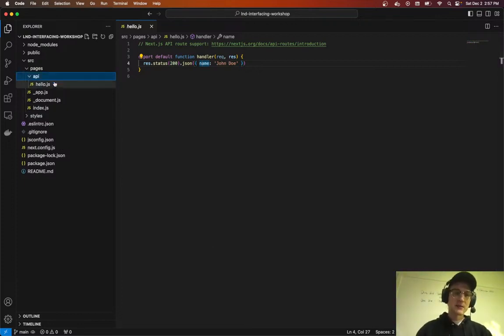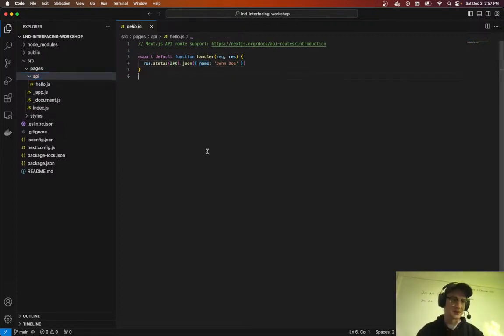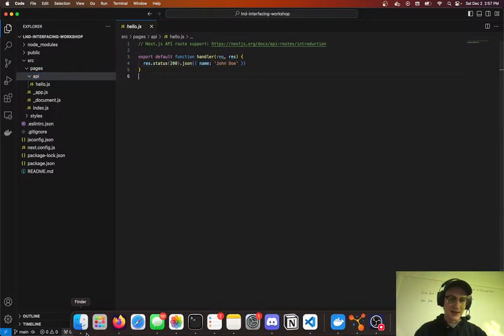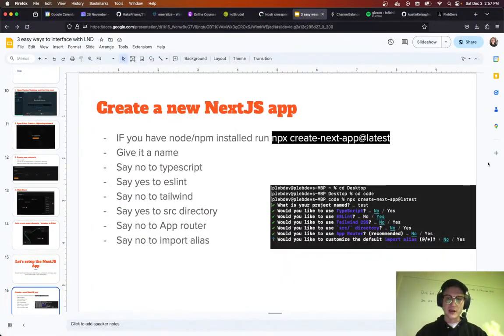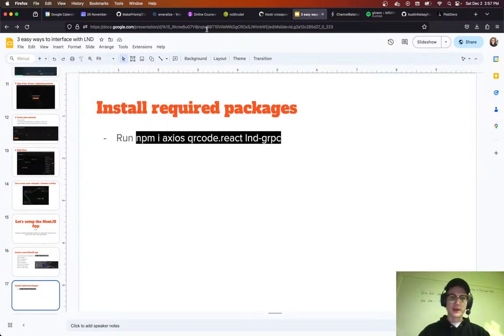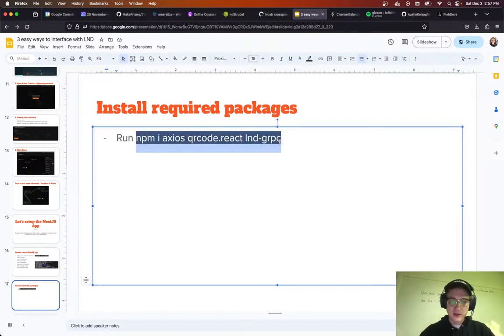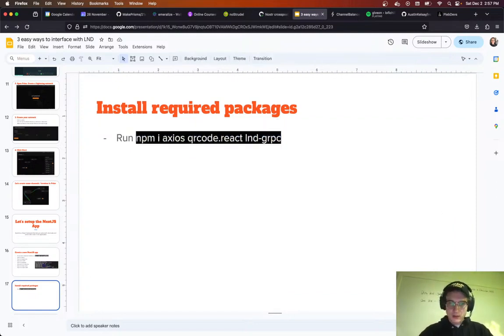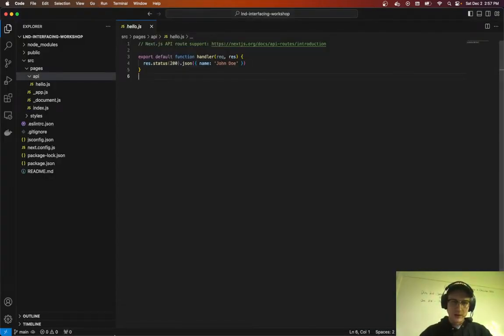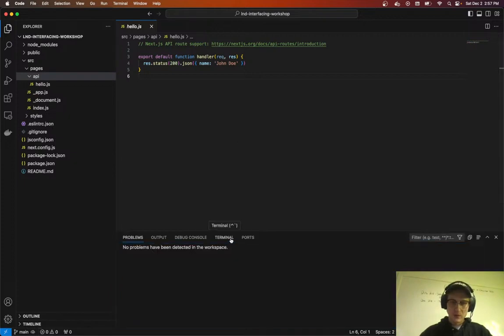So we're going to write some stuff on the server side inside of API, and then some stuff on the client side. Okay, so that's all I'm going to tell you about Next.js. Besides that, we're effectively just going to be writing some pretty simple React code. Okay, so let's install the required packages here. I can just copy this command. You should be able to as well. While I run this,